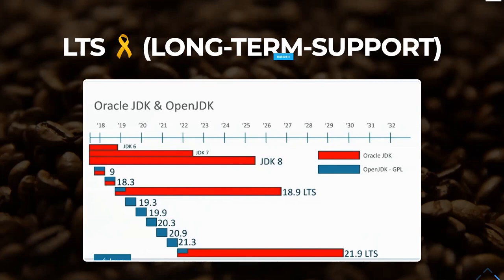There are many other implementers, like Azure, Amazon Corretto, Alibaba. There is a bunch of implementers, and you can use OpenJDK normally. But OpenJDK is the reference implementation for the JDK. So you can see here OpenJDK is under the GPL license, and Oracle JDK is definitely under the Oracle license. So you will find that OpenJDK does not provide any kind of long-term support,